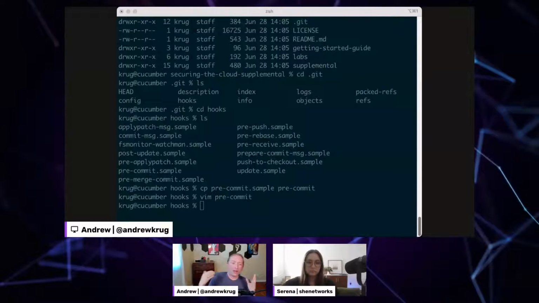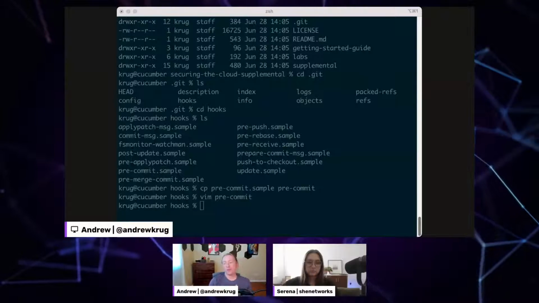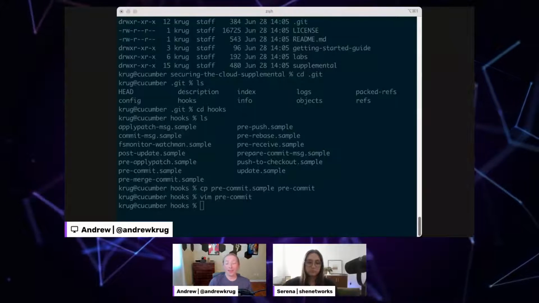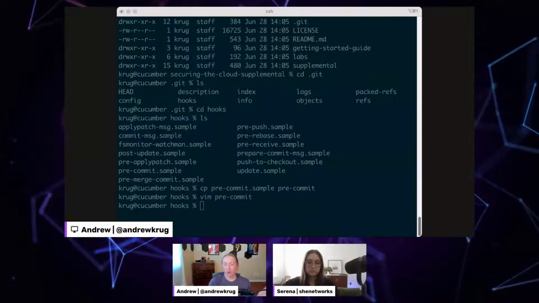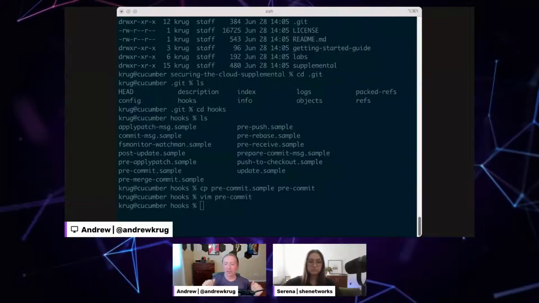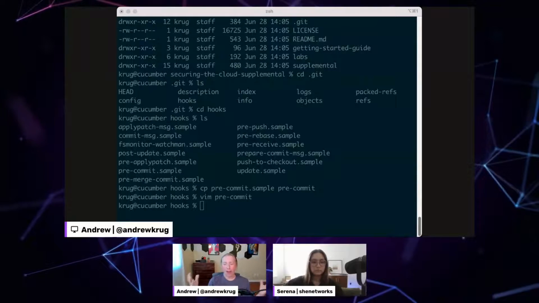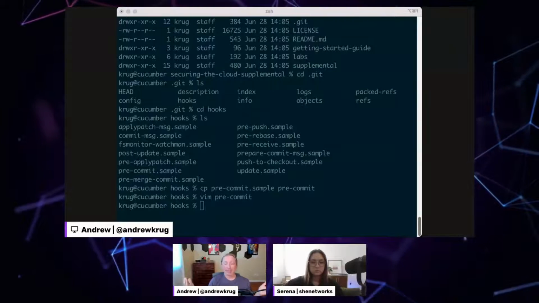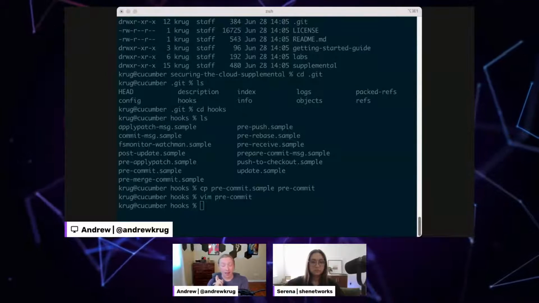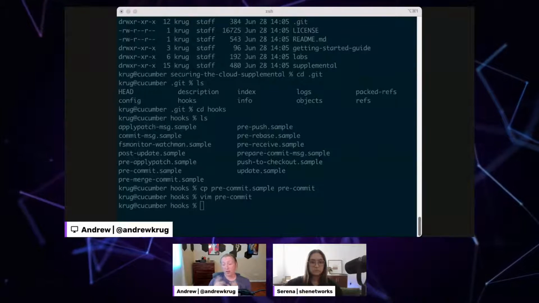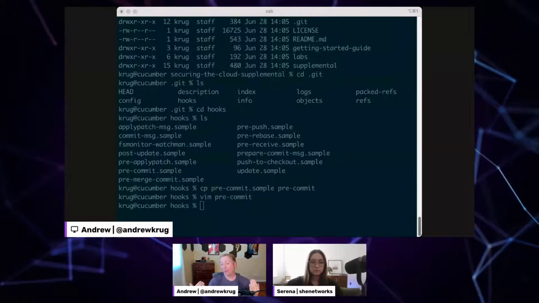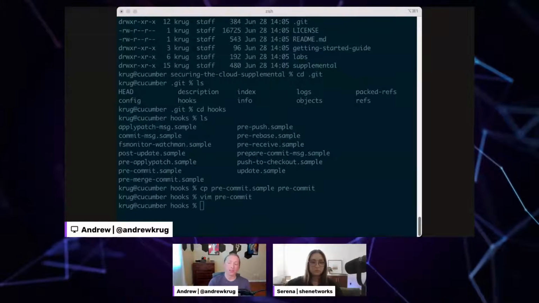Because when the creator of Trufflehog started making Trufflehog, the best way that he could detect secrets was to just scan for high entropy strings. And if you don't come from a mathy background, high entropy just means that it's a really random piece of garbage. And that could be great for identifying a lot of things. It could be great for identifying API keys, but it could also be just something that's a little bit more random than normal. So there was a pretty high false positive rate.